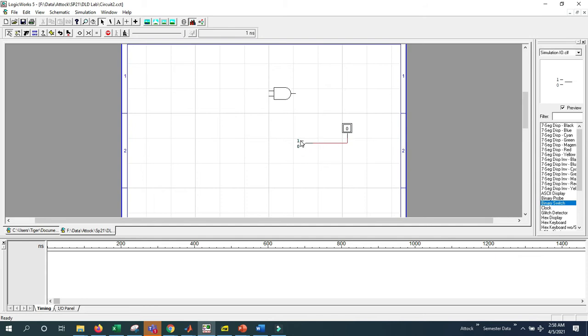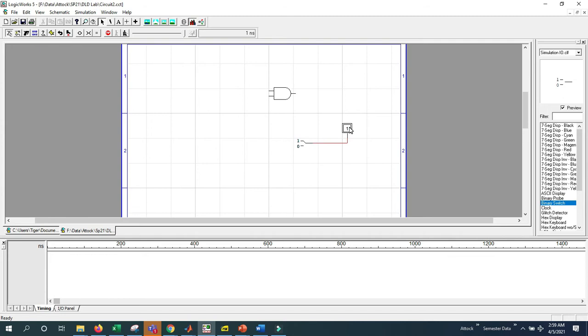If we see that this switch is connected directly to the output, then if the switch is 0, the output is 0. We will see the output is written 0 here, and if we click on the 1, then the output is 1, because the input signal is high, 1 in this case, so the output is also high, 1 in this case.